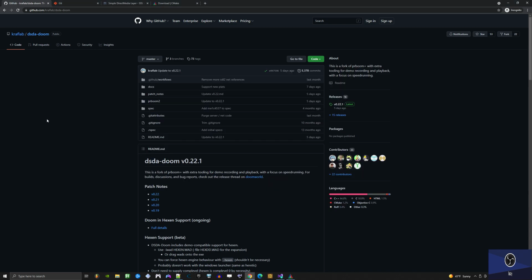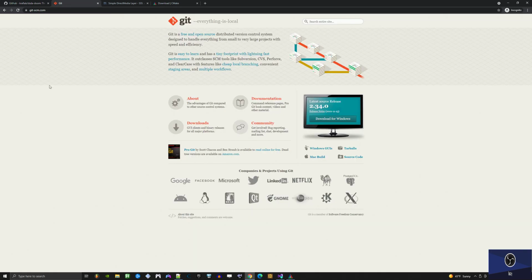Alright, so to get the code, we're going to use git. Technically, yeah, you could just download the zip, but I'm going to be the nagging voice in your head and just say, just do it. Go git. And then that's easy. You just type git, G-I-T, 3 letters, into your search engine of choice, and it'll bring you here. And then download for Windows and get the installer, and